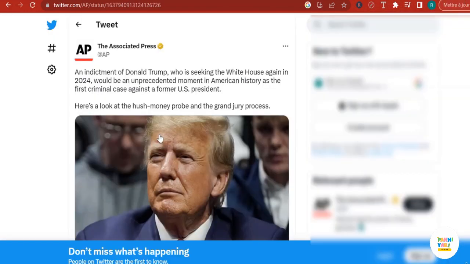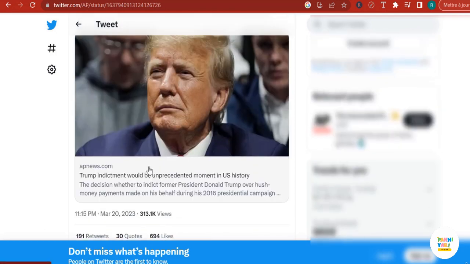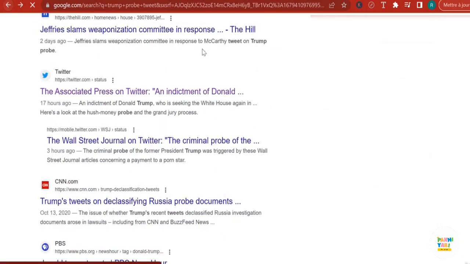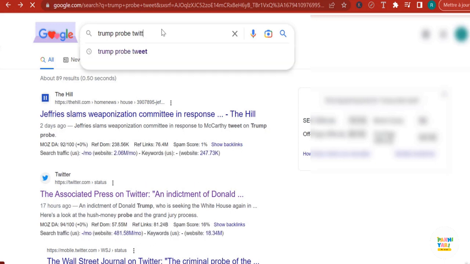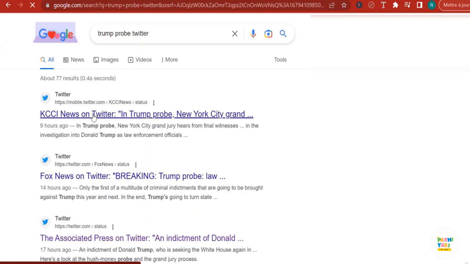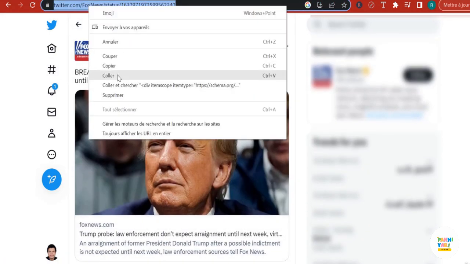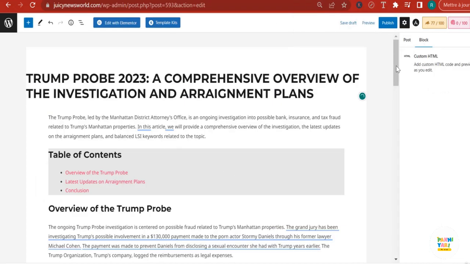Right. So normally I should be able to access the tweet some way. I'm not a big Twitter fan here, but let me just click, for example, here. Let's see how I can add this tweet. Right. I have to log in. Well, can't actually. Let me go back, try to find a way. Trump probe, Twitter. Let's try to find some tweets. All right, so we have this tweet here by Fox News. So let me go ahead and copy this. Found the tweet finally. So I'm just going to go back over here and let's integrate this tweet on the